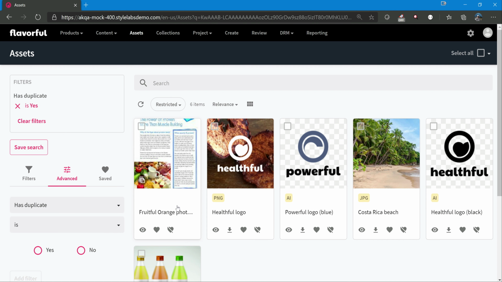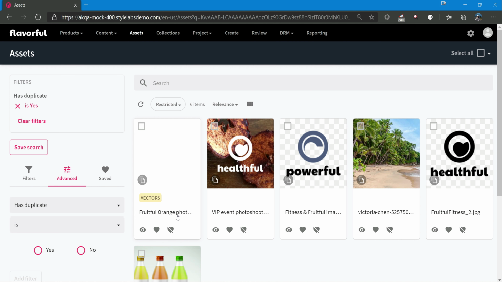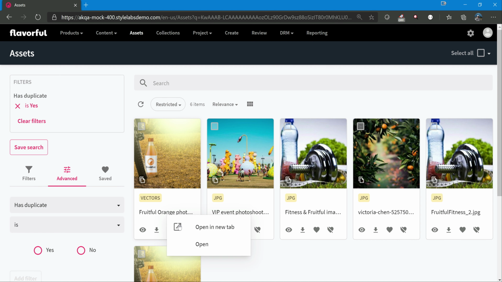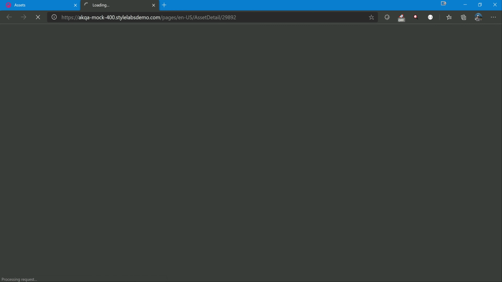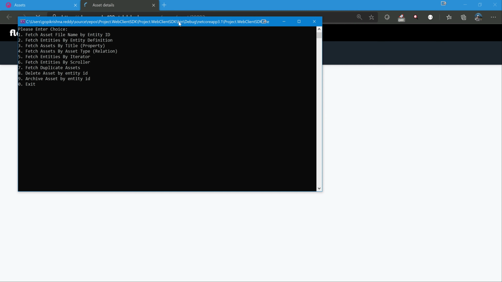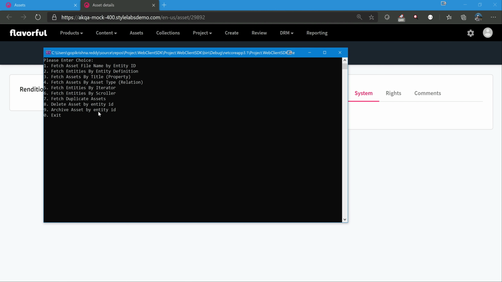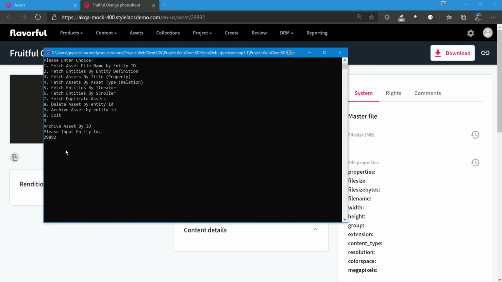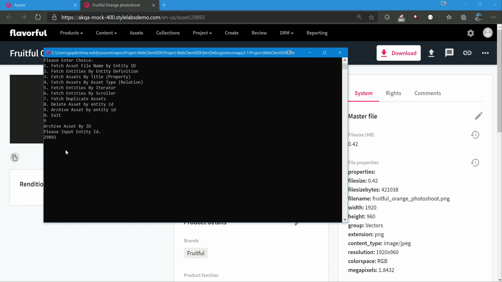We just need an ID. Just a sec. Yeah, 29892. Let's pick it, and this is the 9th option for us. Archive assets by entity ID 9. So let's put in 29892. Entity ID 29892 archived successfully.